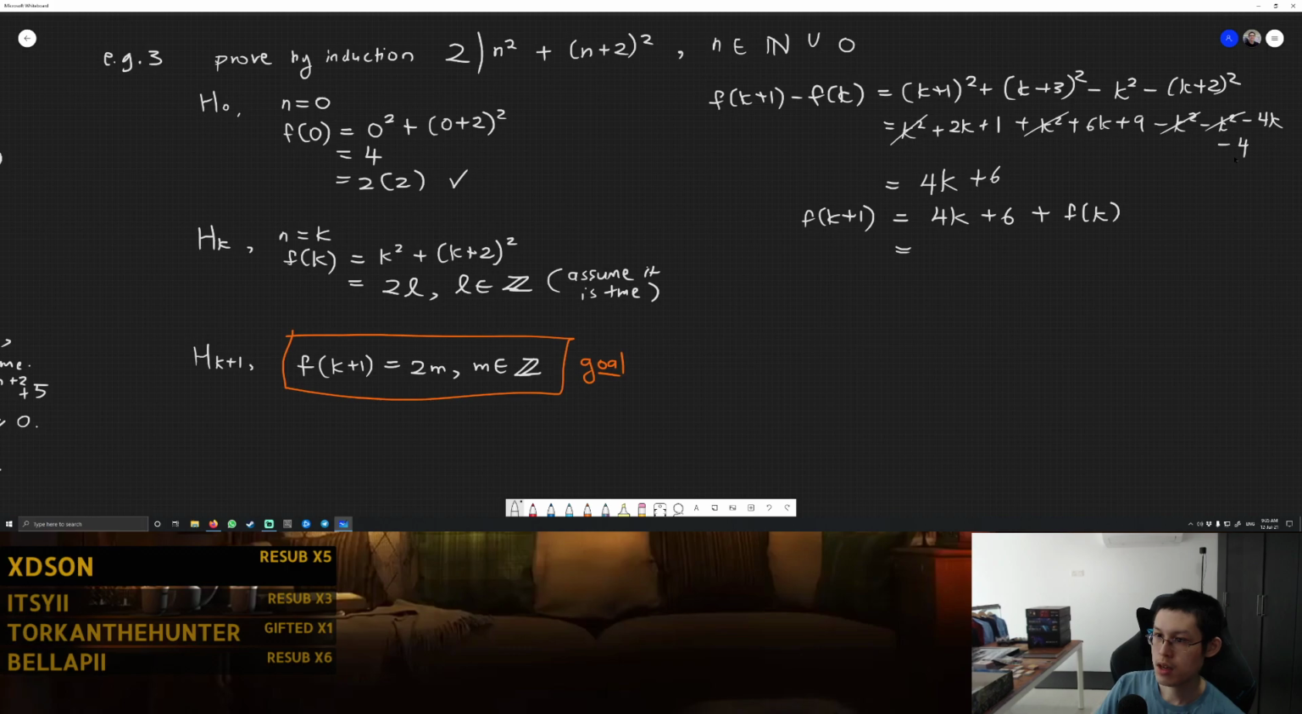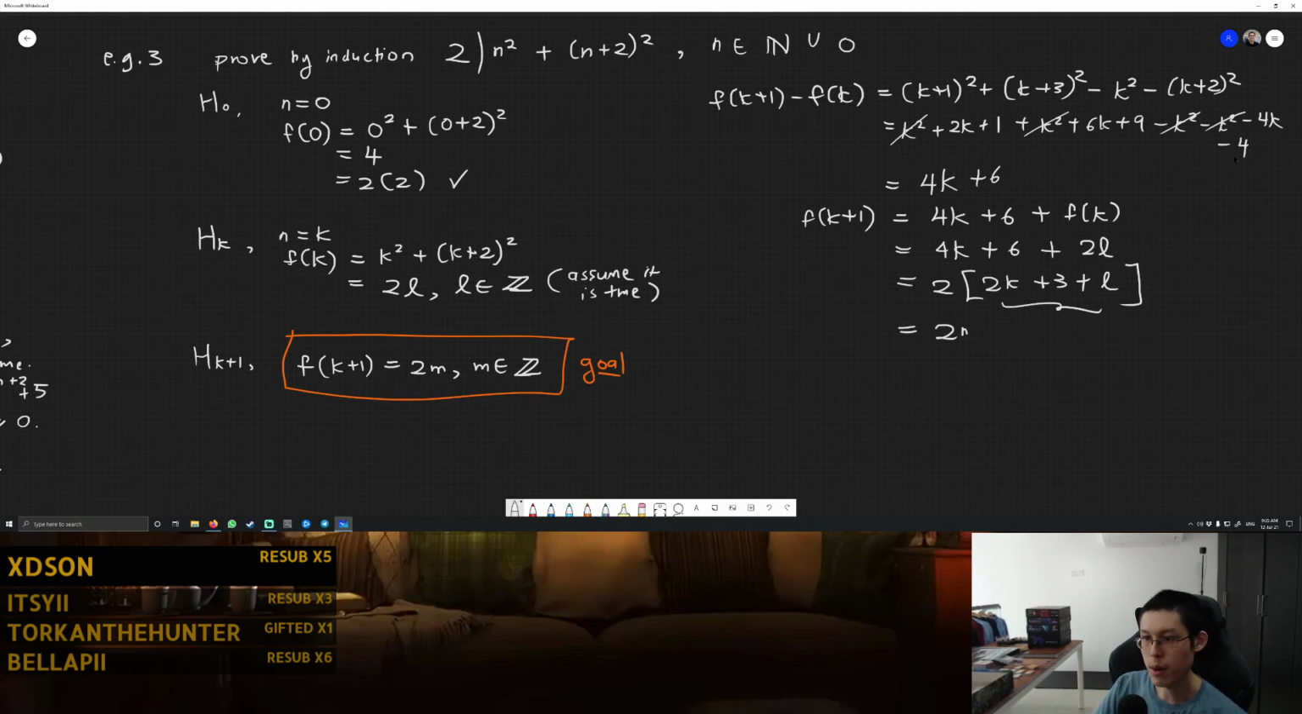And what is fk going to be? Well, fk is actually 2m, 2L. Okay, we're assuming that to be true. And now we can factorize 2 out from the entire thing, which gives us 2 times (2k plus 3 plus L). And as you can see, this is merely another integer, so we can write this as 2m. And therefore, we have shown that this is divisible by 2. Hey! Okay, so therefore,